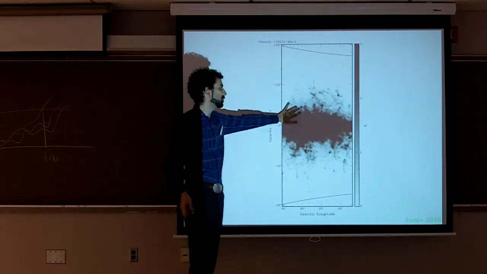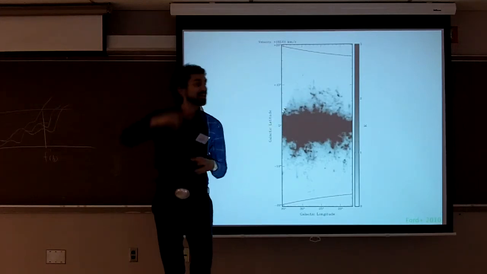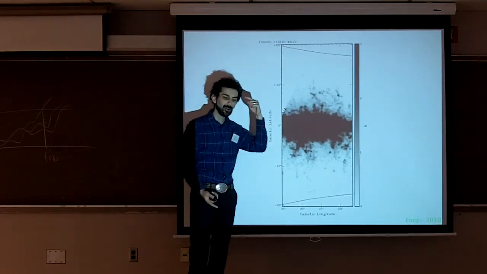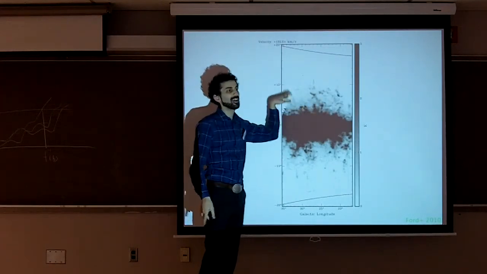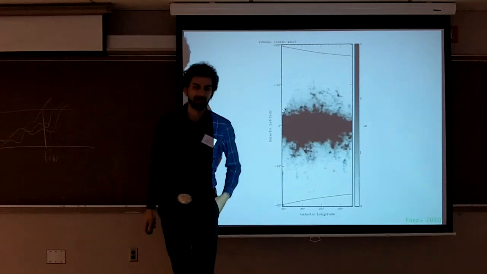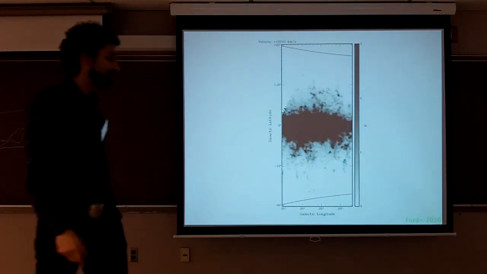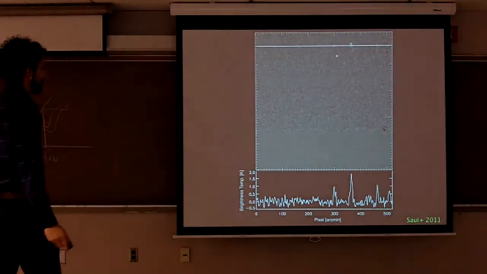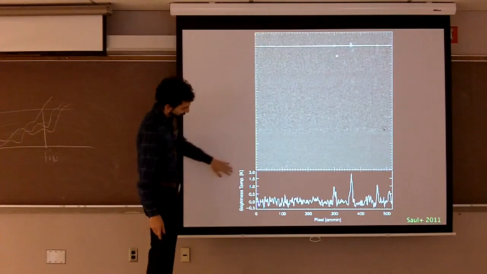So probing these kinds of structures in the low halo of our galaxy, maybe a kiloparsec above the plane, may be a way to understand how fueling works, how material flows out of the galaxy, and what exactly is going on in this area of the galaxy. So we got interested in looking for these kinds of objects in our data at high resolution. This is work by Mr. Saul that I'm involved with.